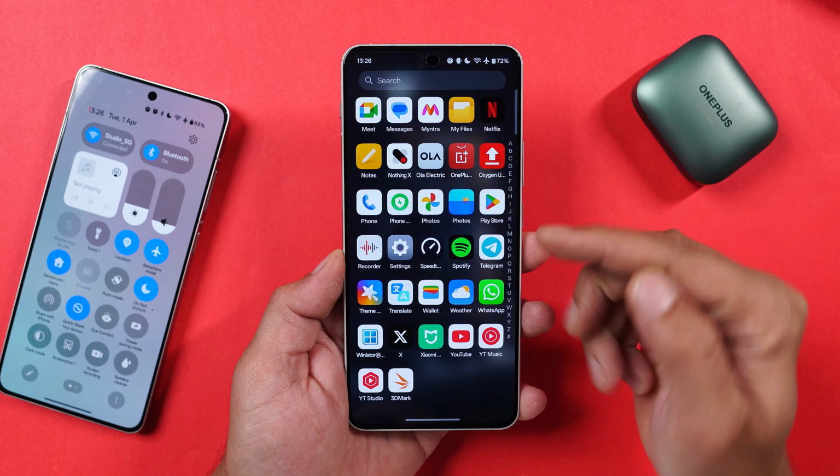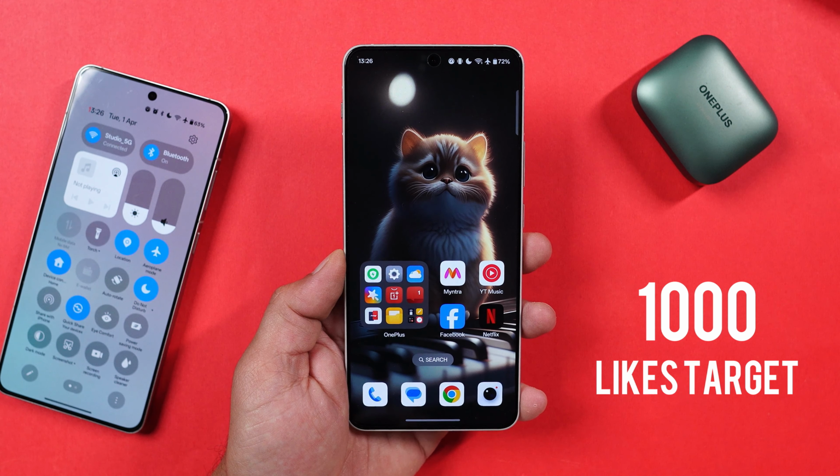And like other devices, a few of the changes are mentioned in the changelogs, but a few of them are not mentioned. We'll talk about every change in this video, but before moving ahead,